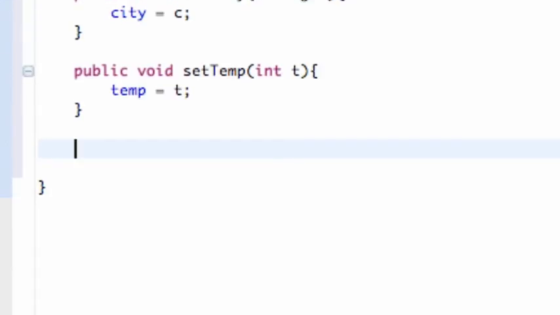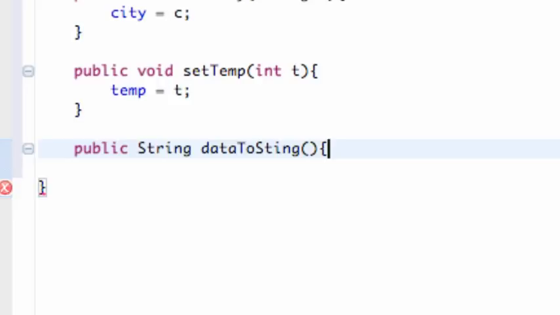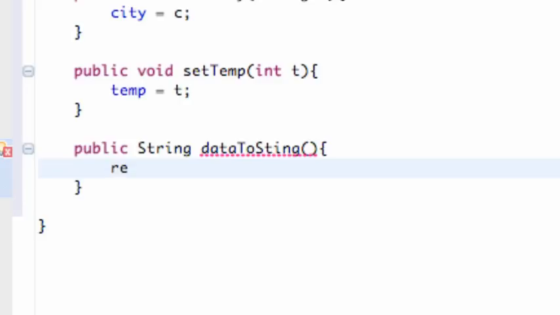Then we're going to set one method up so we can retrieve both our city and our temperature. So we're just going to say public, sorry, I'm not angry at you guys, public lowercase, and then a string reference, because we're setting our text view, so it needs to be a string, and we're just going to call it dataToString, something like that. And it's not going to take anything within its parameters because it's going to refer to the variables it already has set up for this class. So we're just going to hit enter, and we need to return something, so we're going to say return